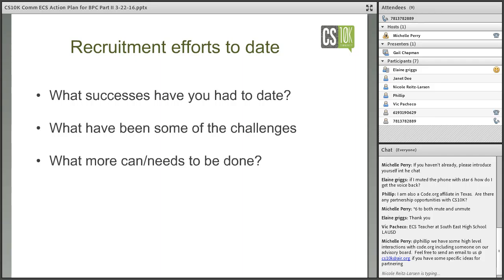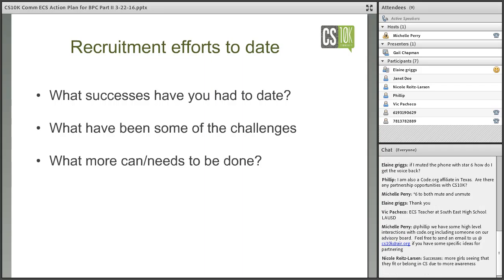This is just the second year I've been in Pembroke, so I think I've had successes in that the girls who are in my class are doing great and like to be there, and they want to take CSP next year. So the girls that are there are happy to be there and are finding some leadership roles in the classes and